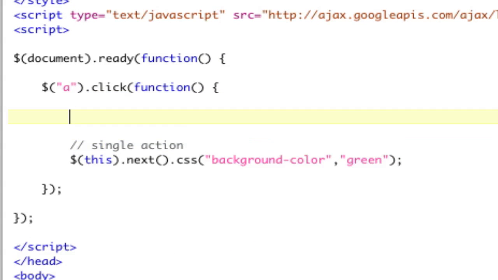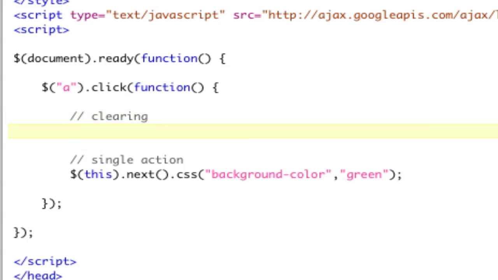So most of the time when you do this, there are going to be multiple elements that you're working with. So you're going to do something that clears. So we're going to have a clearing action, then we'll do our single action. So our clearing action will be taking the main selector again. Okay, so this is the selector. Now remember, this refers to the current iteration element. So this, you have to use this again to get all elements. So again, getting all elements, dot, and then we're going to say dot next, dot CSS, and then we're going